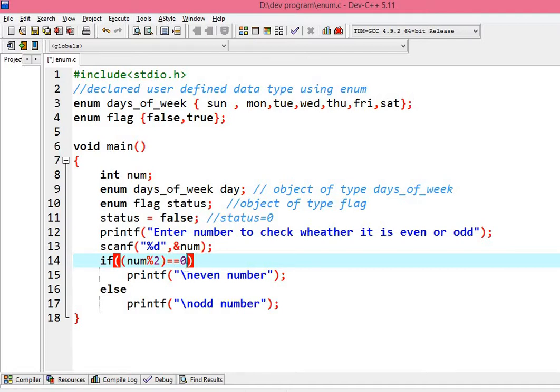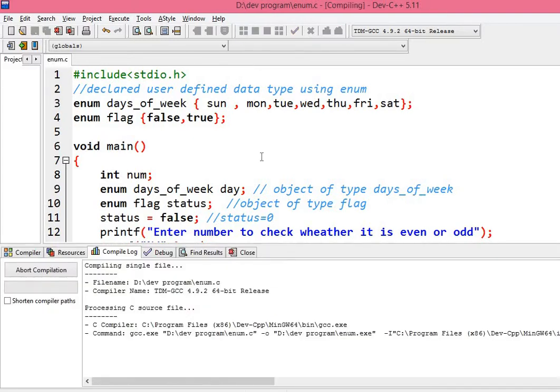Actually, you are doing this without Boolean, or I can say without the enum data type. But if I want to use the enum data type, then I can write it like this, status. Right now I should use status instead of false, or this particular value is also true, or I can say valid.